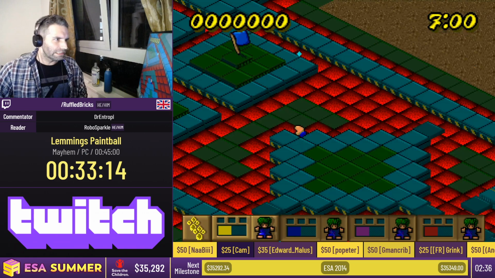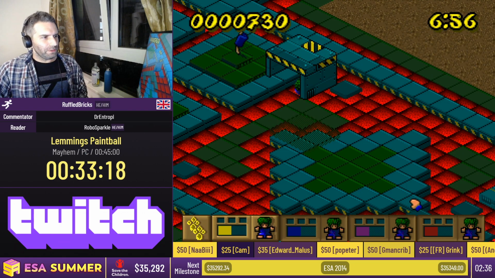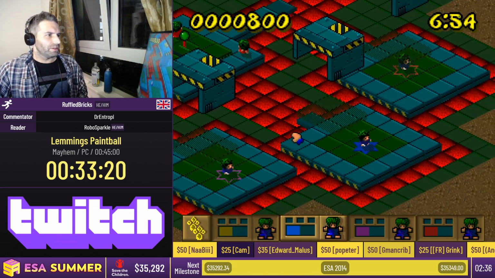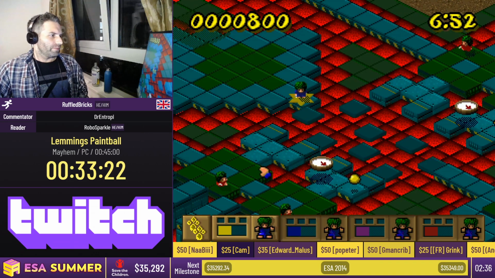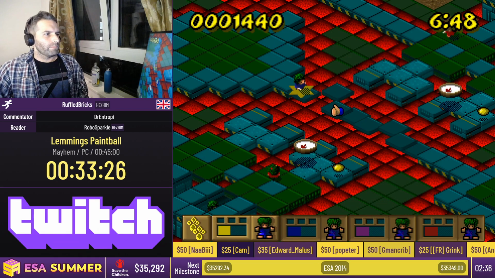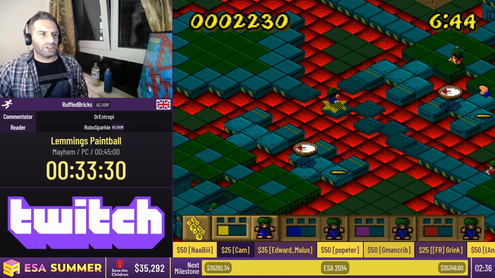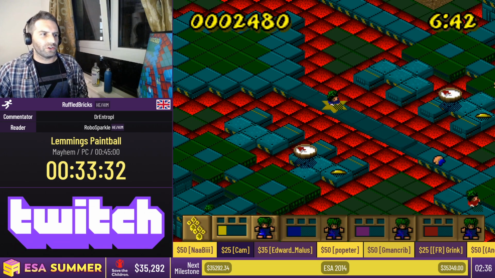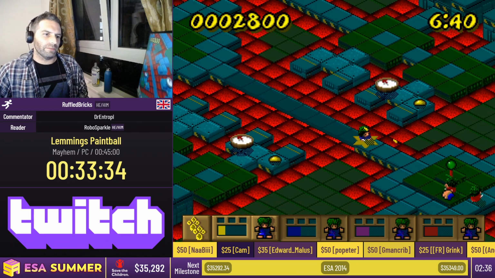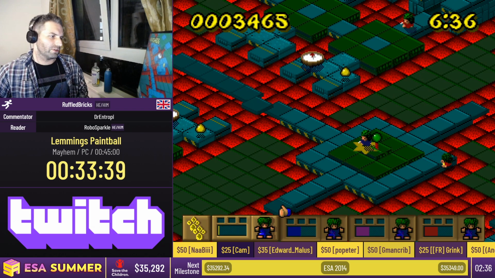So RuffledBricks is trying to hit, and he mistimed one shot there. He was trying to hit a lemming standing on a certain tile. By the end you have to hit everyone at such precise times in this level. Well, these ones are okay. These ones down here don't operate anything of note, but